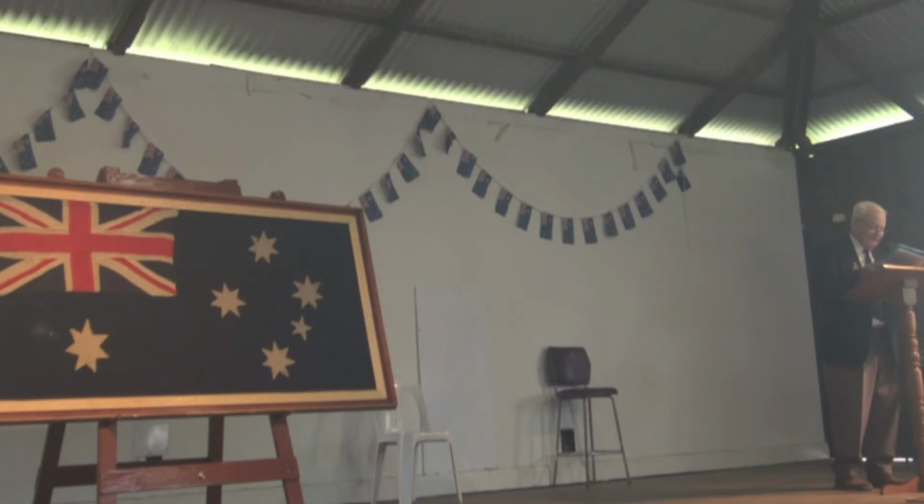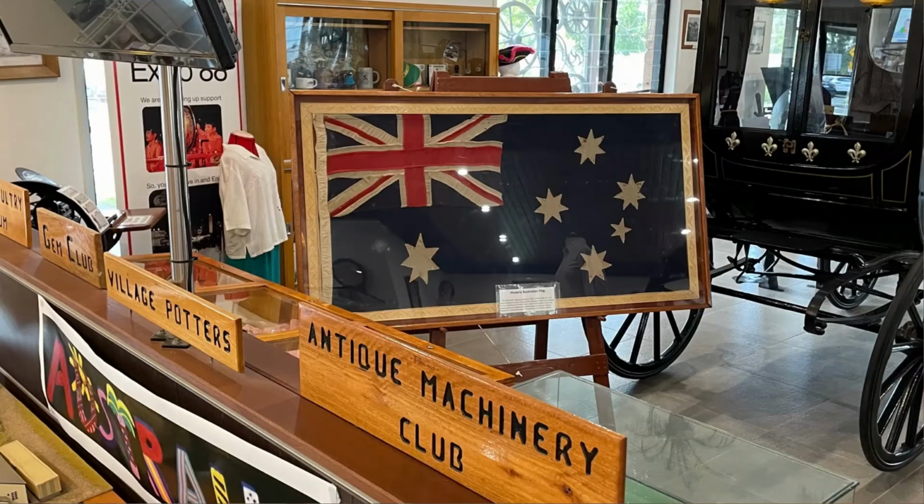Due to a decline in membership of the American War Brides Association and also the return to Australia by one of its most prominent members, the flag was sent back here in 1974. All parties involved felt that this historic Australian flag deserved a place of honour in Australia, and so it was donated to the Caboolture Historical Society, knowing that the flag would be treasured and displayed for all to see at